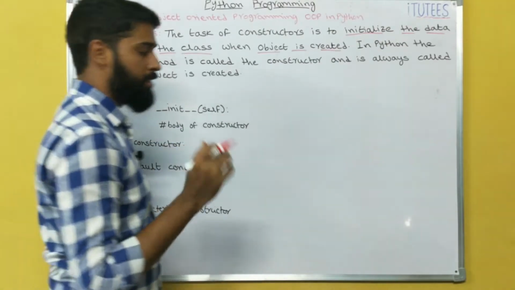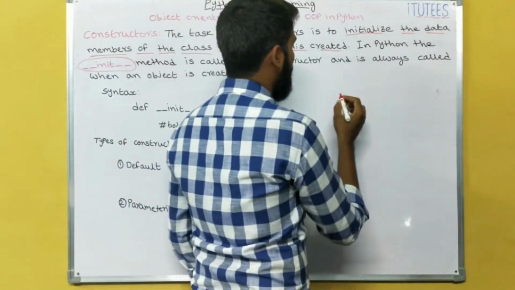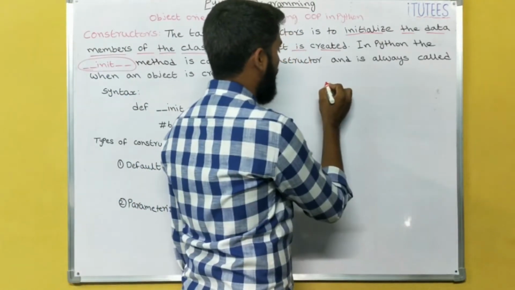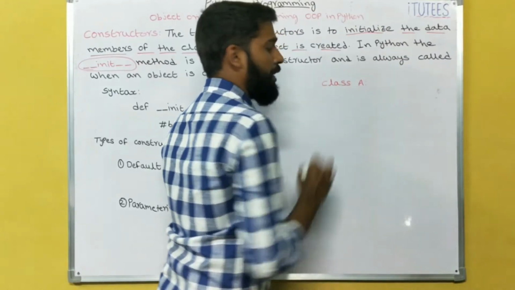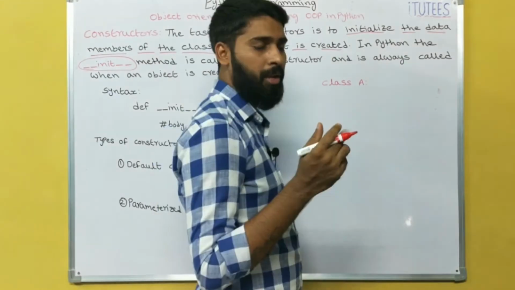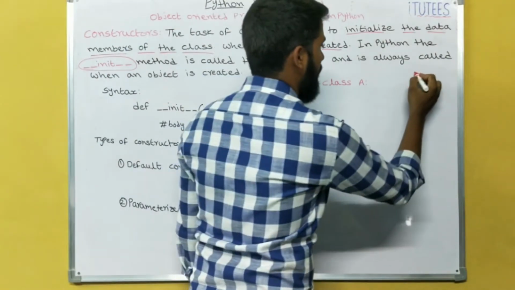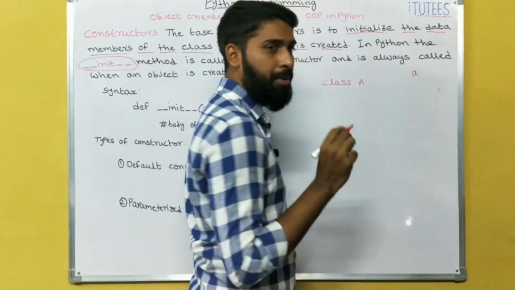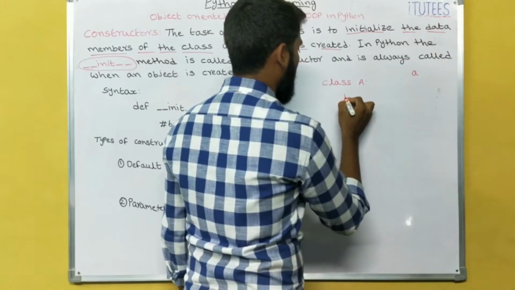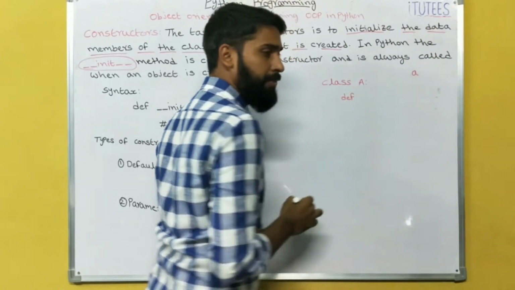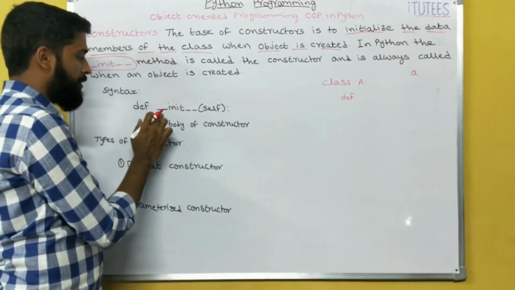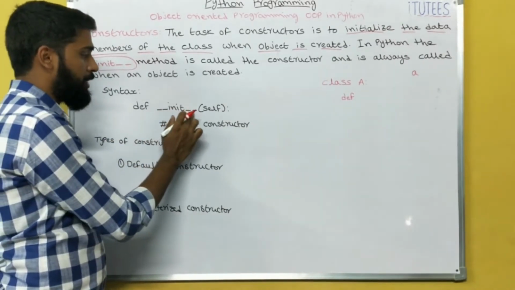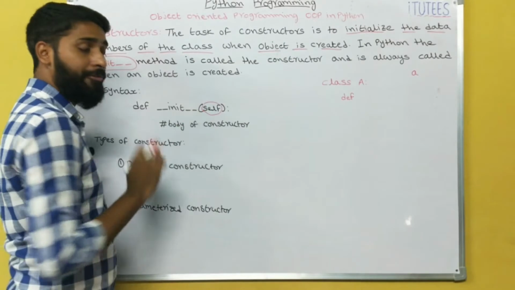In the previous class we saw how to create a class. For example, this is the class I am creating, A. In this, I am going to take one variable, a. For that, I am defining a constructor. How can I define a constructor? The syntax is def